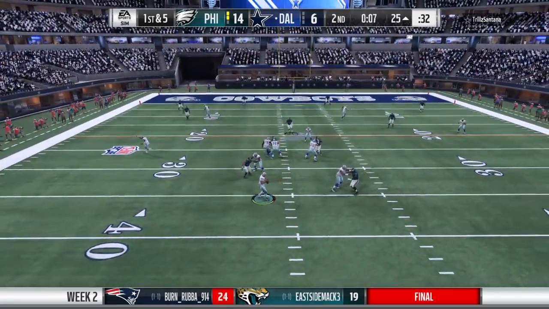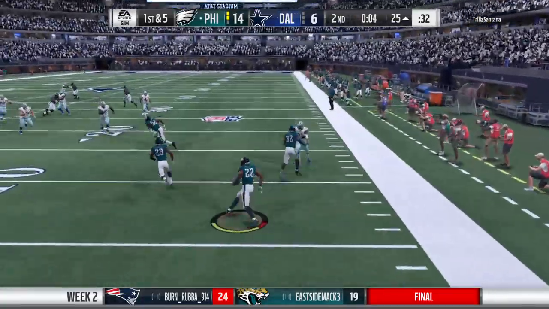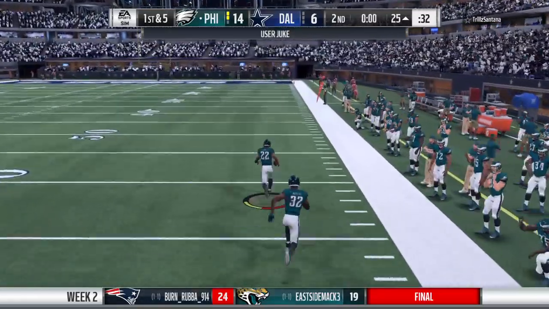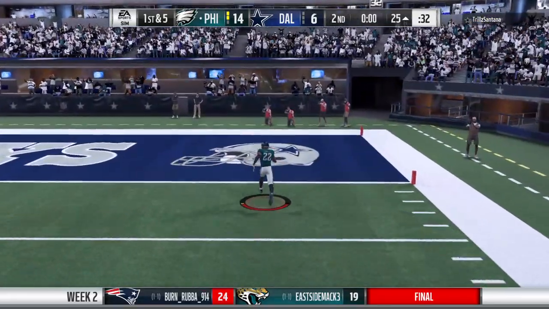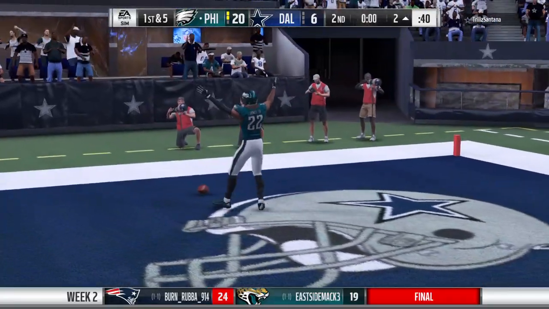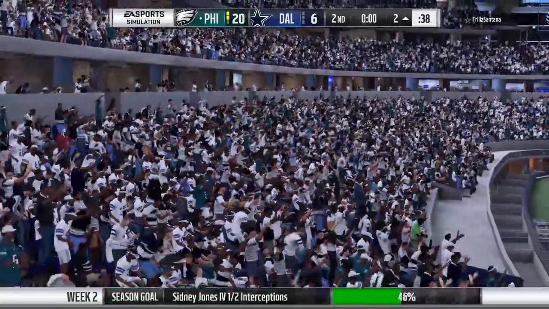And again, it's Prescott. Trying here for Bryant, and it's intercepted. Picked off by Sidney Jones. Oh, and now he bowls him over. He's got a convoy, and he might be gone. The 20, 10, and he takes this one back into the end zone, and the Eagles defense gets a pick-6